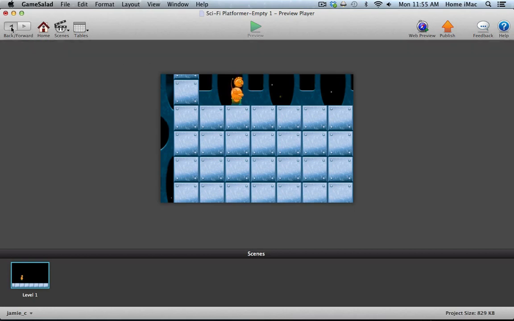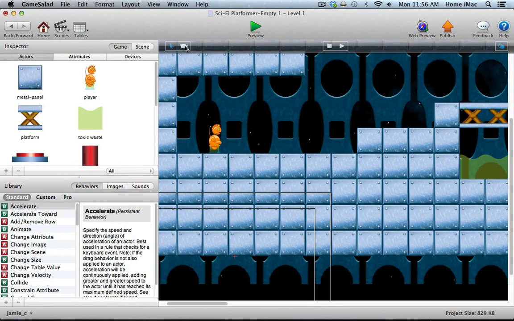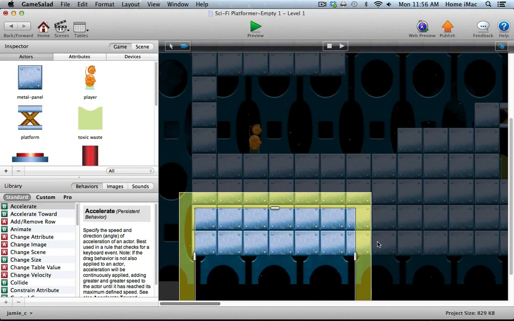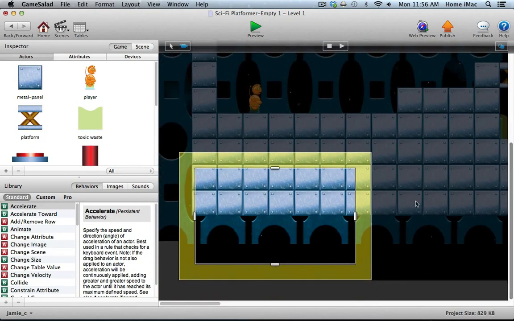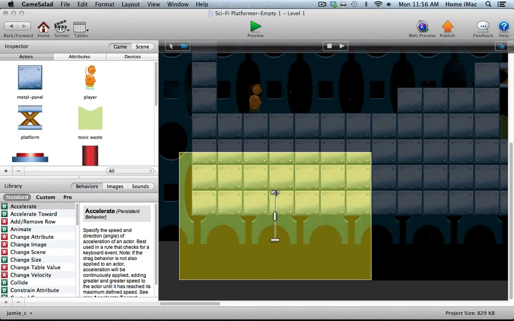So let's go back and make one more change. In the scene, we need to click this camera button right here. And then what that's going to do is give us control of the camera's view. I want to bring this view all the way into the center, as tight as it can be, and close this one down not quite all the way. So that's going to keep the camera focused right here to this center of the screen. And then when I click preview now,